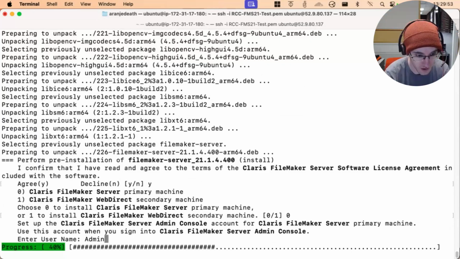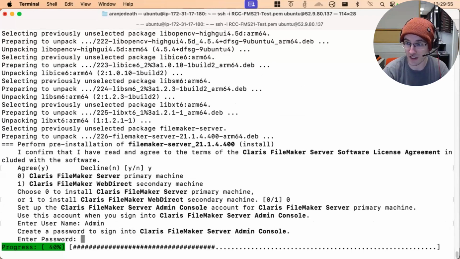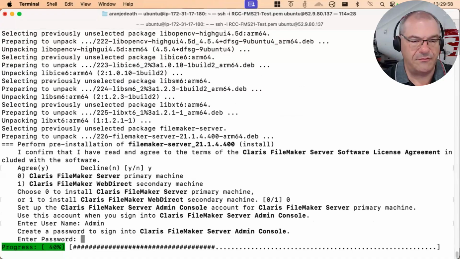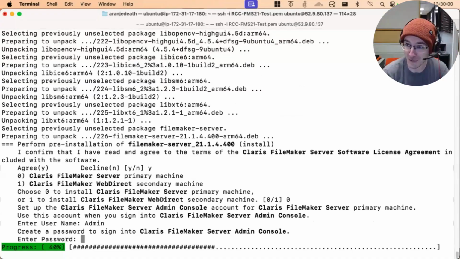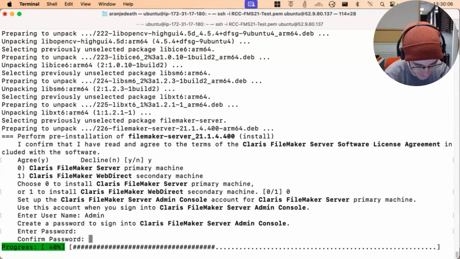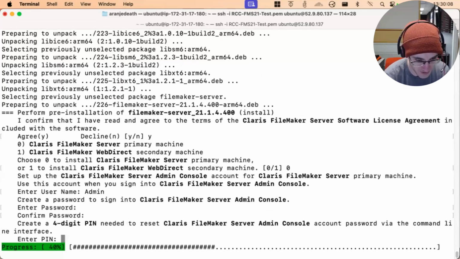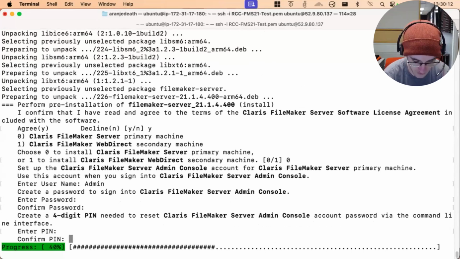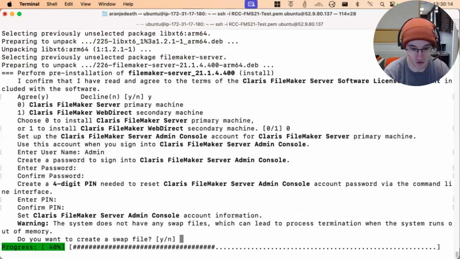So we're going to do admin. Want to use the most secure password ever? Absolutely. 1, 2, 3, 4. Everyone likes that. Oh, I was going to use password. We could do 1, 2, 3, 4. Wait, yeah, that's what we've been using on the show. 1, 2, 3, 4. Perfect. All right, there's our pin. We can do 1, 2, 3, 4 here. 1, 2, 3, 4 here. I'm going to forget that because that's not what we usually do.